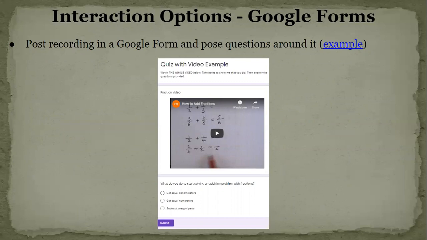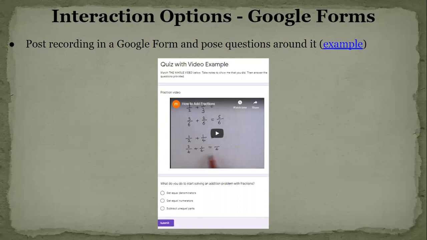And this is a little bit catered to more of the teacher perspective here. So if I've done a screencast, I have my recording, what do I do with it now, right? Do I just send it in an email to my students? How do I make it engaging and have it actually be that seamless piece within my instruction and very much accessible? So for example, you could post a recording